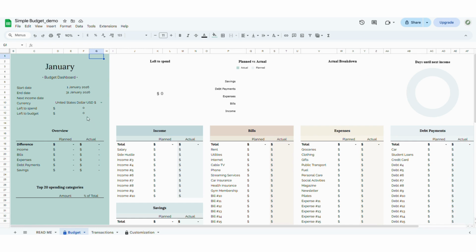In this video, I'll show you how to set up the spreadsheet, enter your transactions, and track your spending throughout the month, or any custom period you choose. With just a few minutes of setup, you'll have a clear overview of your finances and a helpful tool to support your budgeting goals. In this video, I will be using the Google Sheets version, but the Excel version works